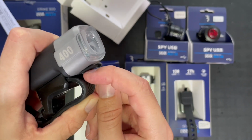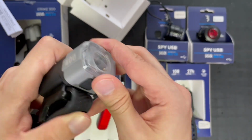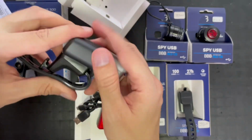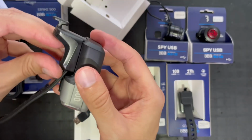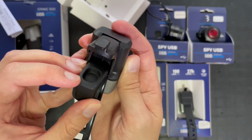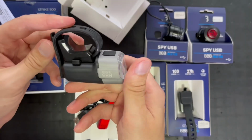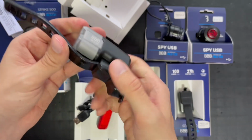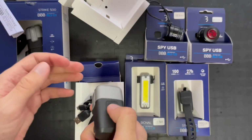It does actually take some effort to get it to come out, but still, I'd be a little bit paranoid about that one. Also, because it's not covered by the strap, like it doesn't fit under here, which to me would be the best place to put it. So you look, that actually comes out of there. Decent clamp on this one, like I say, and it is designed to fit both aero and your round shaped bars, and at 400 lumens